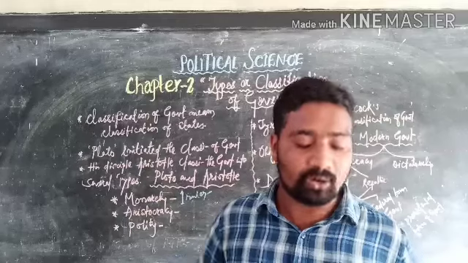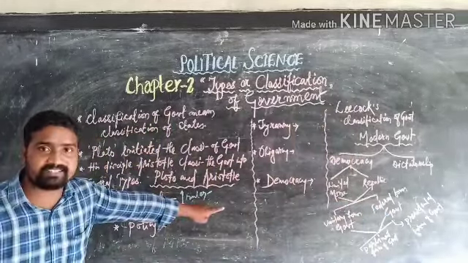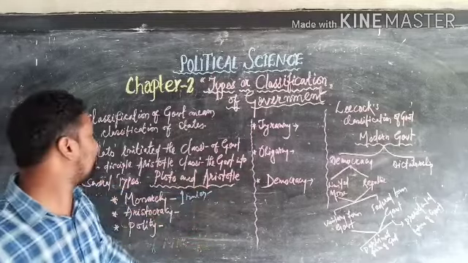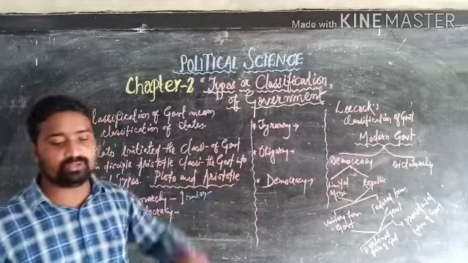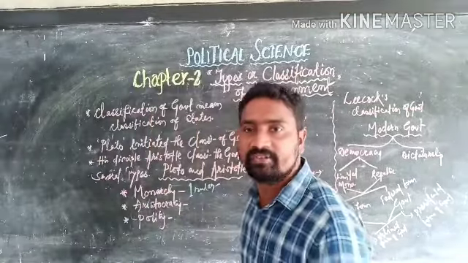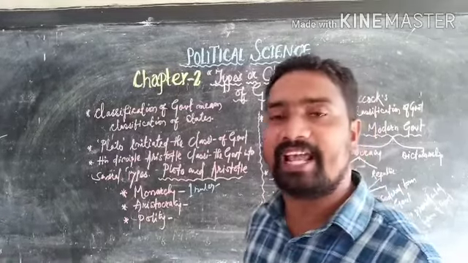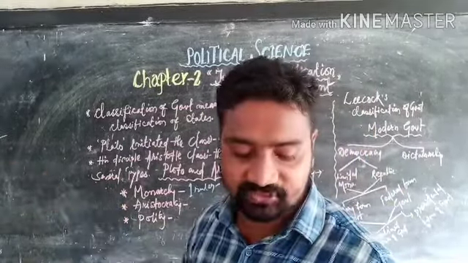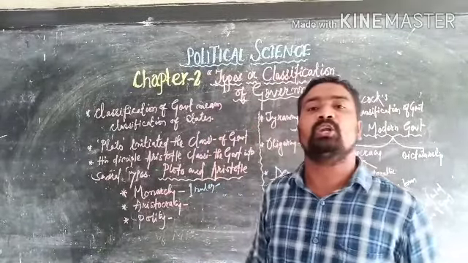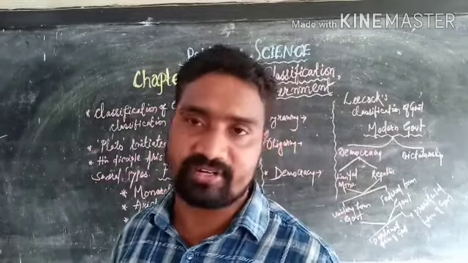Is it clear? Okay. So this is all about the classification of government according to Plato and Aristotle. Is it clear? Okay, if you have understood this, we shall go to the modern classification of the government. Okay. Dear students, so what happened with the change of time? Okay, with the passage of time, monarchy and aristocracy lost their relevance, or their importance.